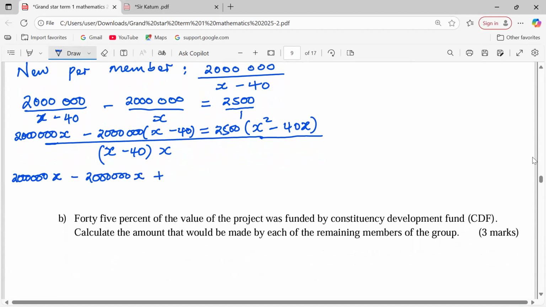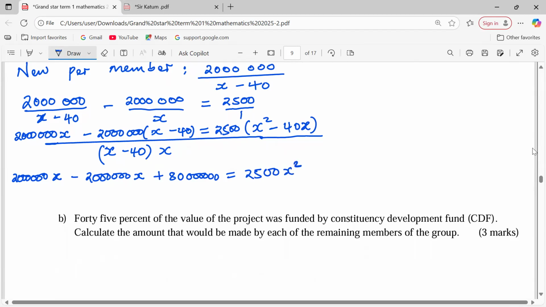Then this becomes positive 80 million. Is that 80 million? Yeah, it should be 80 million when you consider the number of zeros there. 80 million like that. Then this is equal to